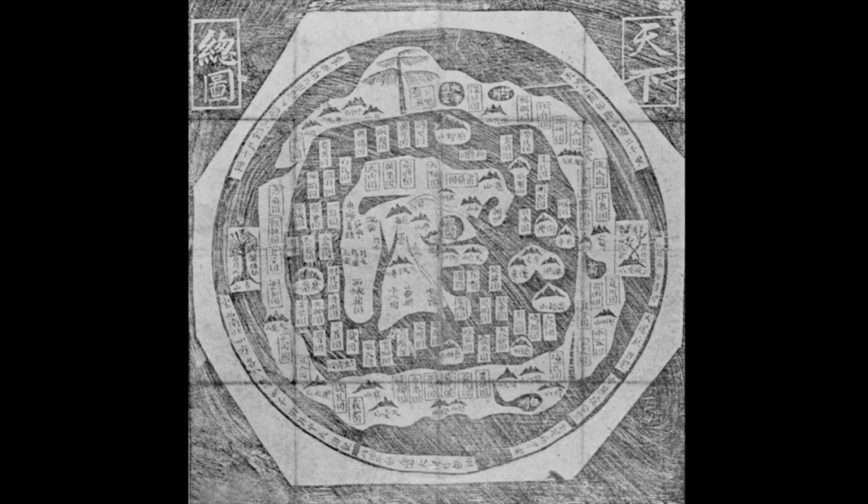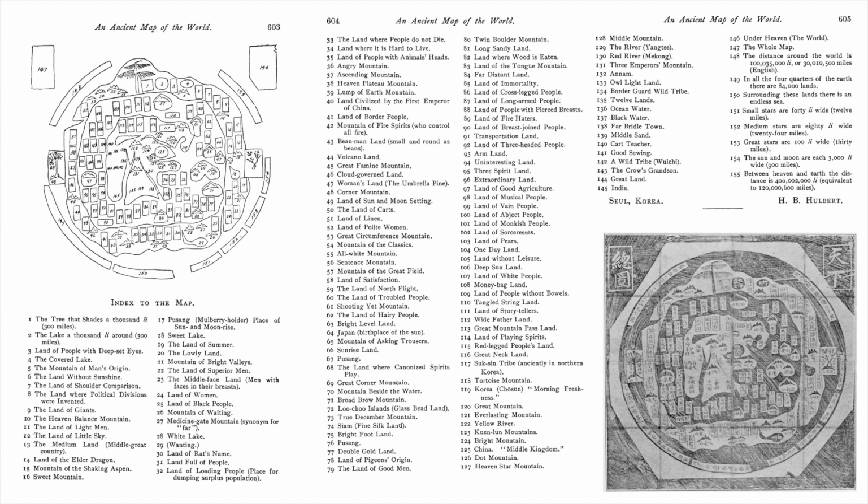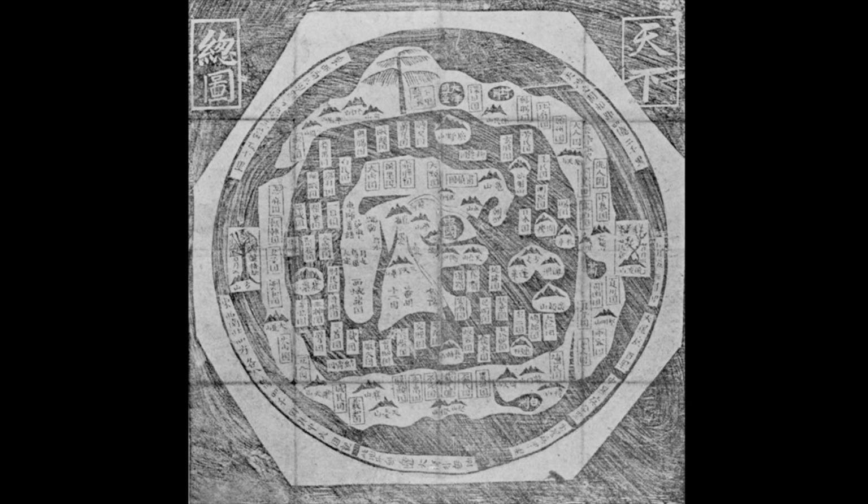In today's video, I wanted to share with you all this ancient map of the world that I stumbled across while researching all ancient world maps, trying to find any kind of clue as to the flat earth and any new information I could come across. And this one here in particular came with an index. As you can see, somebody has numbered a similar map where you could go and see what that landmass is or the oceans, and it actually comes with a lot of other information in the text. So I'm going to read through that for you guys and just leave in the comments below any other information you might have regarding this map.